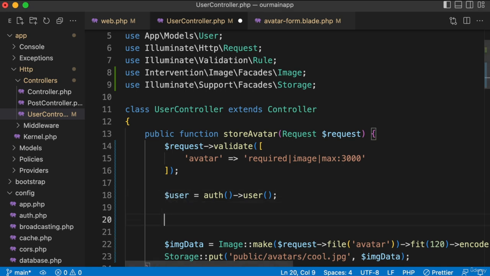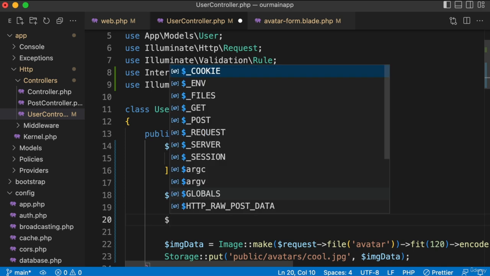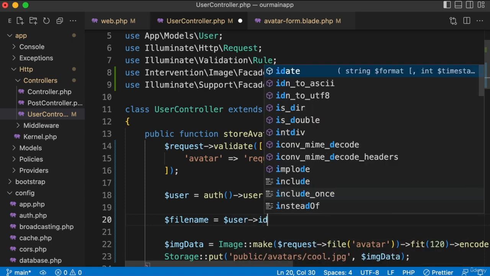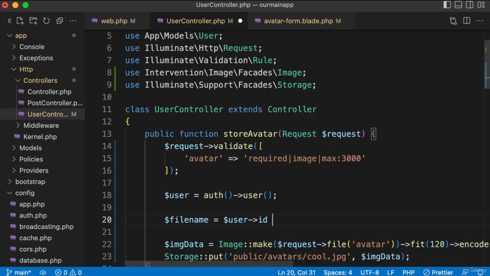But let's imagine that we want to generate sort of a seemingly random string of text. So again, I'm going to create a variable. You could name it anything, pizza, unicorn, but let's name it $fileName equals. And then I'm just going to take the user, look inside there for the ID, and then I'm going to concatenate on. There's no rules to this. I'm just making this up. Maybe like a dash. And then I'm also going to concatenate on